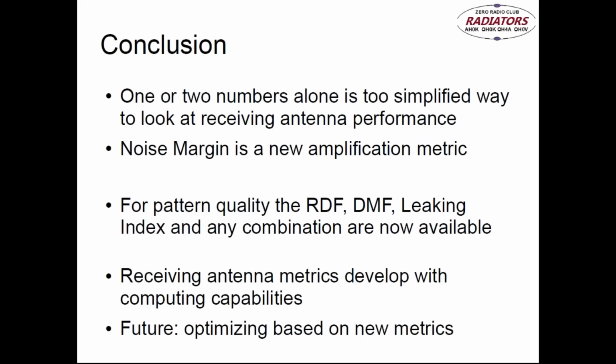So as a final conclusion, one or two numbers alone are too simplified a way to look at these receiving antennas we're dealing with. The noise margin is now a new amplification metric, and for pattern quality we have a number of different figures, like takeoff angle, gain, RDF, DMF, leaking index, and now we have also mathematical means to use any combination of those. And the receiving antennas